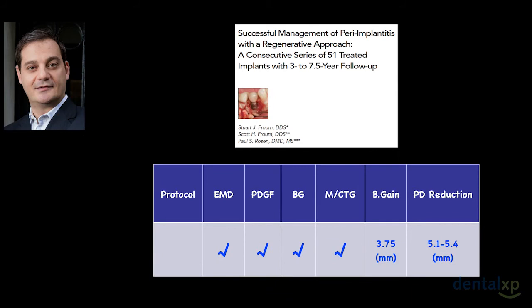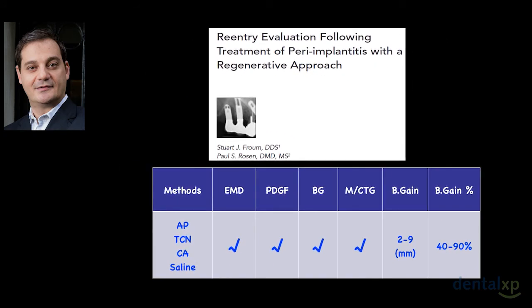So that brings us to the study of Froum and Rosen, and they had a follow-up of 2 to 7.5 years. Their protocol was to do a flap around the implants and to use almost everything possible in our hands. And again, the assessment was based on pocket depth reduction. So as you can see, the methods were the same: apically positioned flap, tetracycline, calcium. So again, it's about disinfecting, decontaminating the surface, and putting